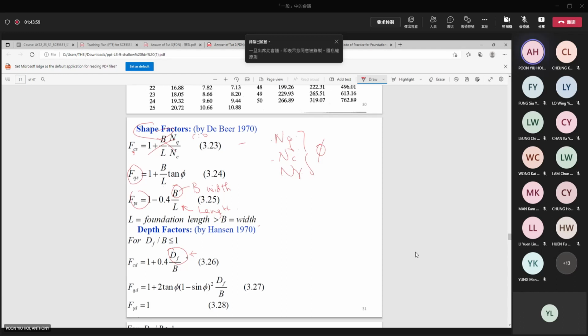Because it is a square, we can simplify. B is actually unknown, so it happens this is a square footing, so we